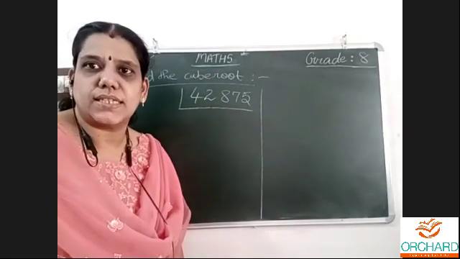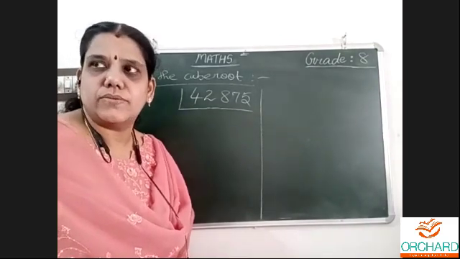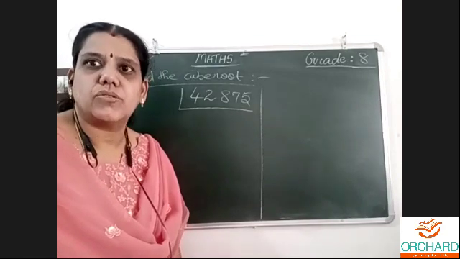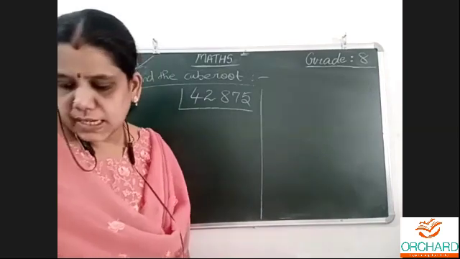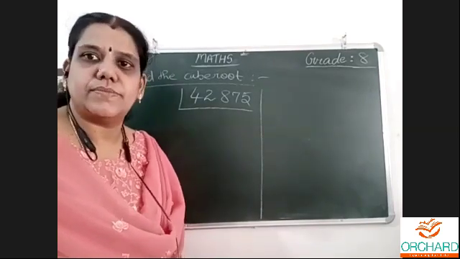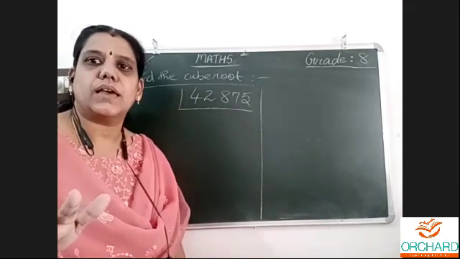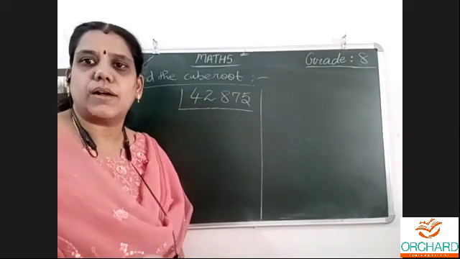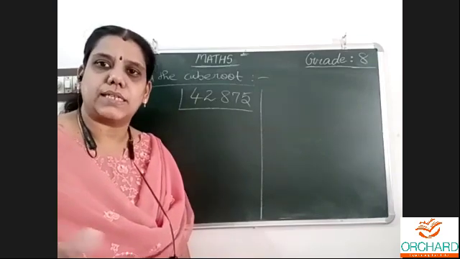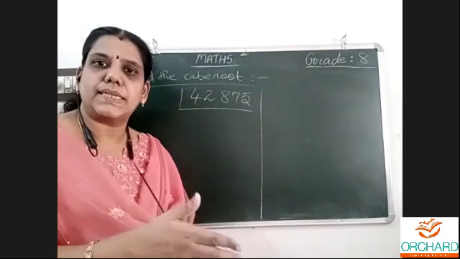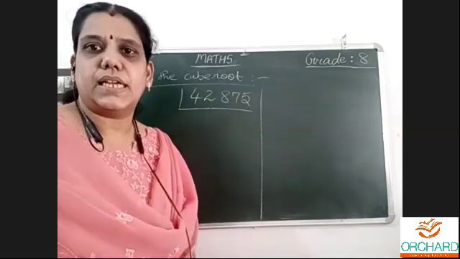Understood. That's what I know the answer. Salvia, correct. Show your notebook a little bit down. Salvia, yes. Super. 5 cube, 7 cube, yes. 5 sevens are 35. Example sum, page number 50. But they have not given the prime factorization. For me it comes like this, for you it comes like that, it's not like that, Harihara Sudan. All will get the same answer only. It may be Harihara Sudan, it may be Salvia, it may be myself, it may be Ashida, it may be anybody. Yes, super, correct.